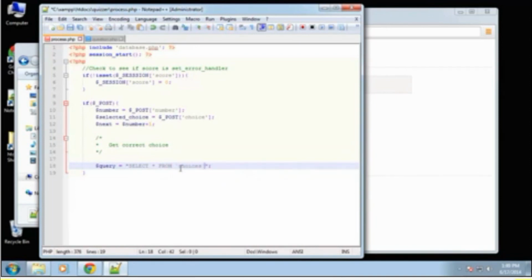choices. By the way, these are not quotes. These are the little backticks. The key is located right above the tab. You don't need shift, just the key above the tab. I know some people might get confused and think that those are actually single quotes, but they're not. Alright, so select all from choices